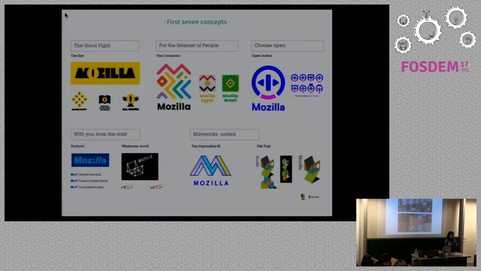So here you have the first 7 concepts. I read lots of comments from all over the world, people saying, I like this one because it's what Mozilla represents for me, and I don't like this one because. What I wish to remind here is that the comments are based on the knowledge, the experience, and the culture of everyone, and it's not so easy to judge a logo. Because in this case, first it will be used for years, and